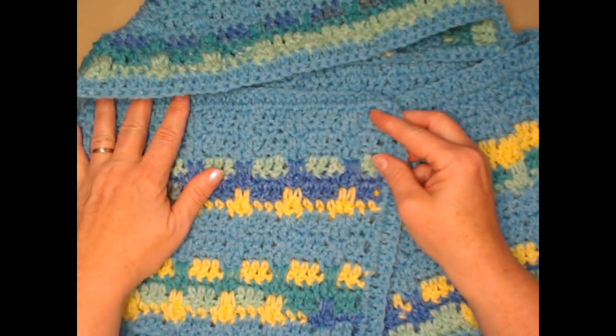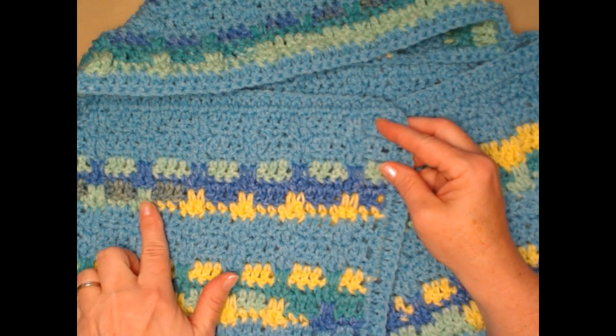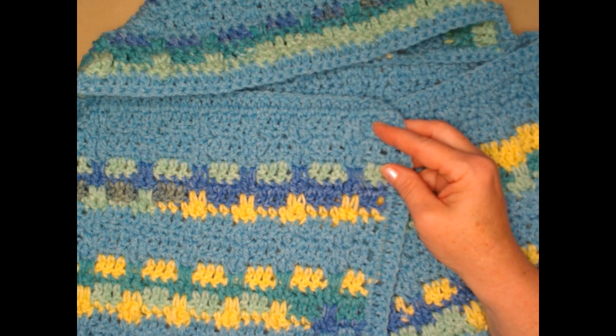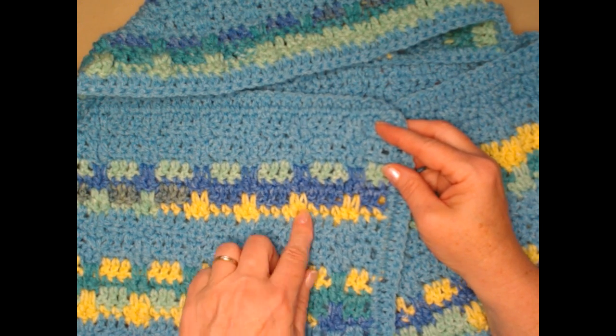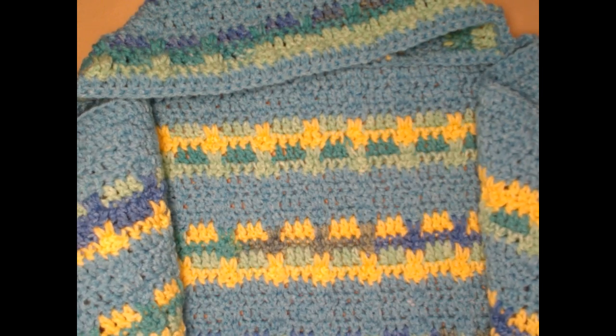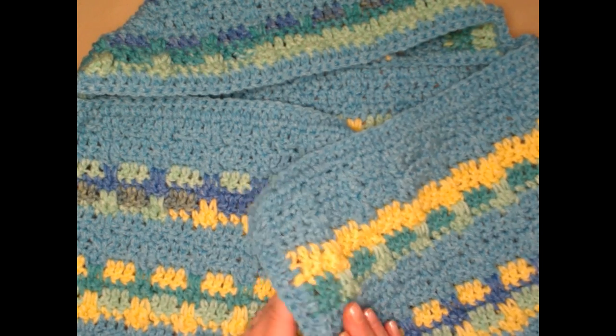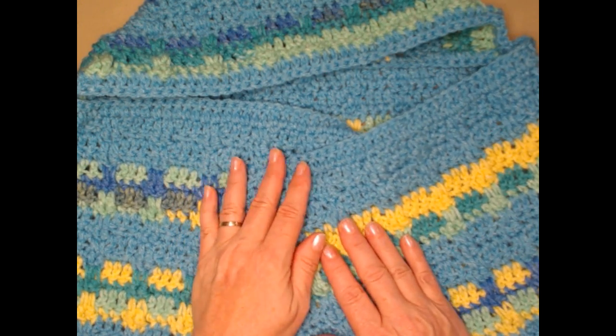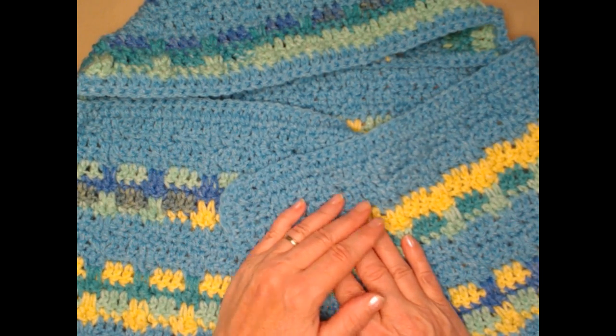Once you learn the technique of the pattern, it's super easy, alternating every 4 rows. Make it with the hood or without. It makes a nice blanket, and it doesn't have any gaping holes for little toes and fingers to get caught